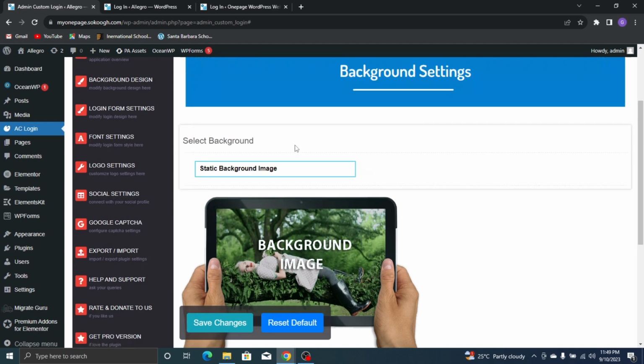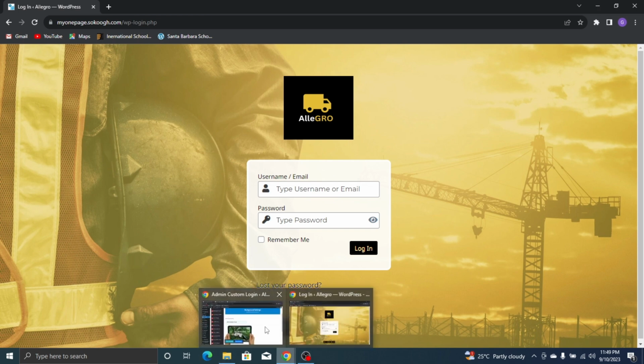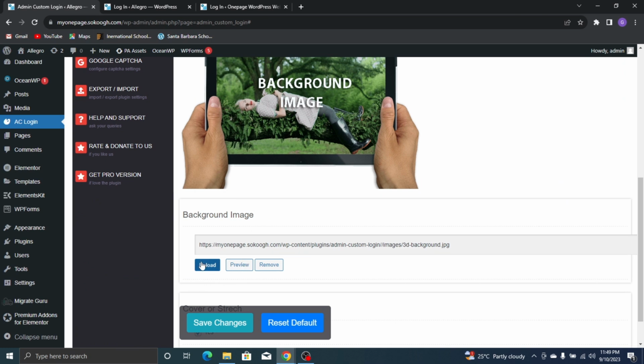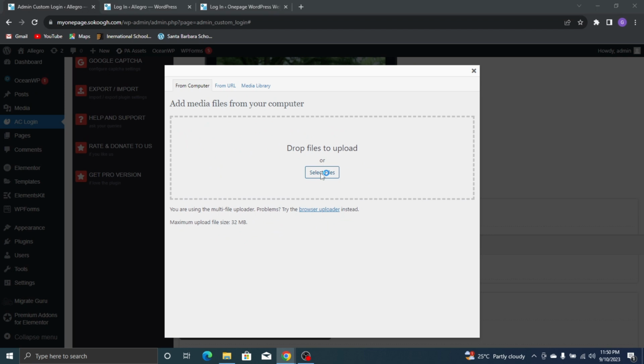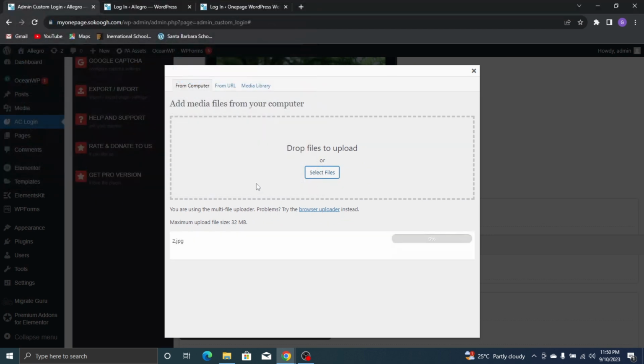So if you choose background image, I have a background image. This is the background image I'm going to be using. To choose that, just select background image in these options, come here, click upload, and here click select files, go to where it's saved. Mine is on my desktop, so I'll click this, click open,